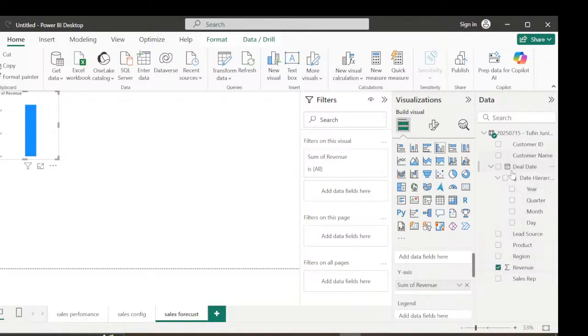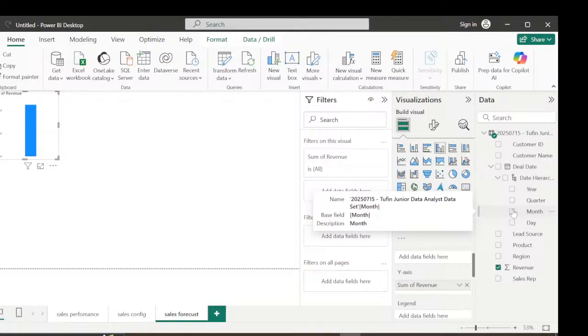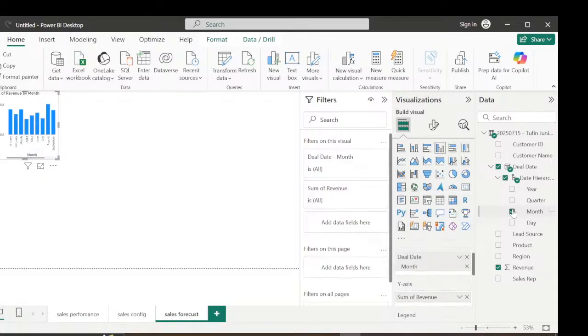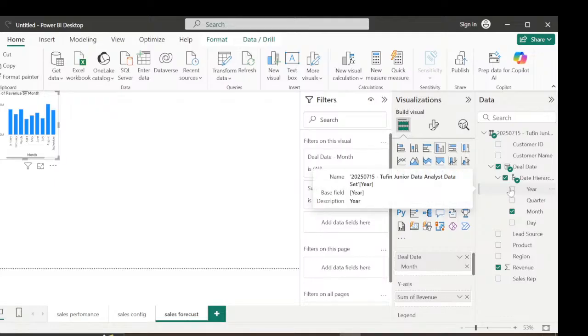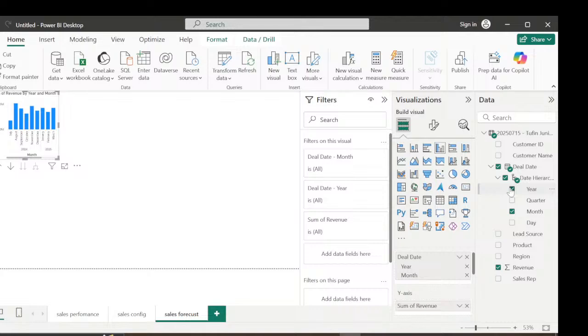I would also love to choose month, and yeah, makes sense. Okay, on the line y-axis,